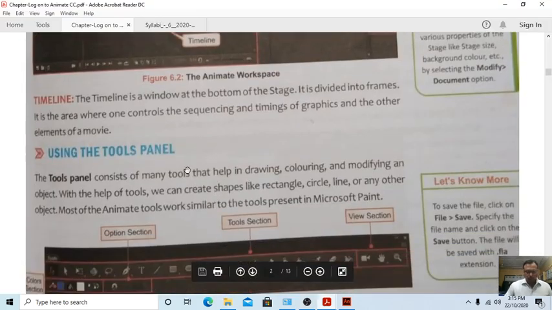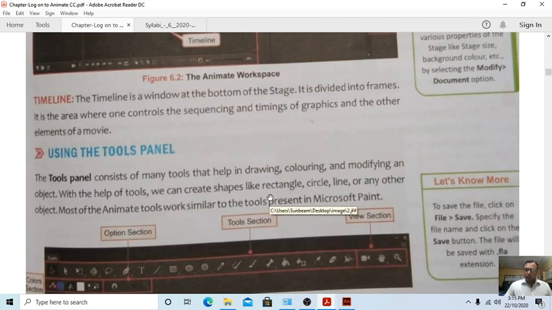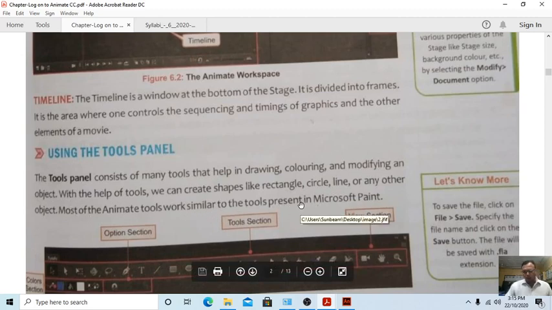Using the tools panel. What can we do with the help of the tools panel? The tools panel consists of many tools that help in drawing, coloring and modifying an object. With the help of tools we can create shapes like a rectangle, circle, line or any other object. Most Animate tools work similar to the tools present in Microsoft Paint.